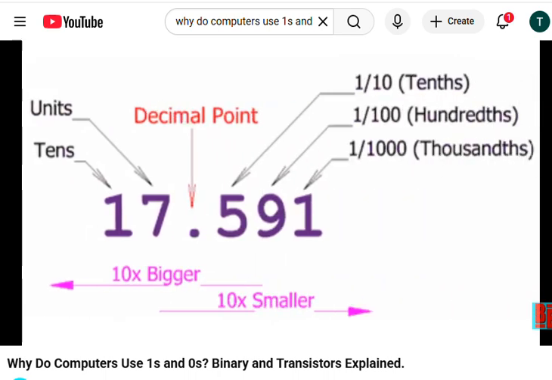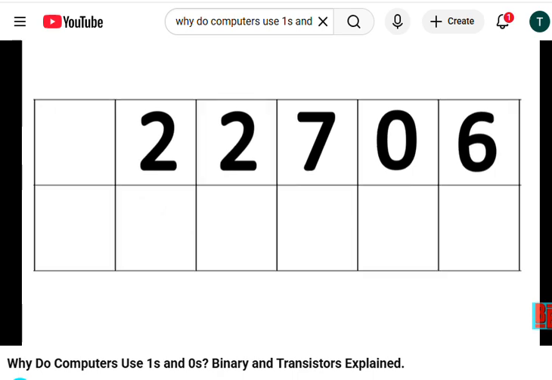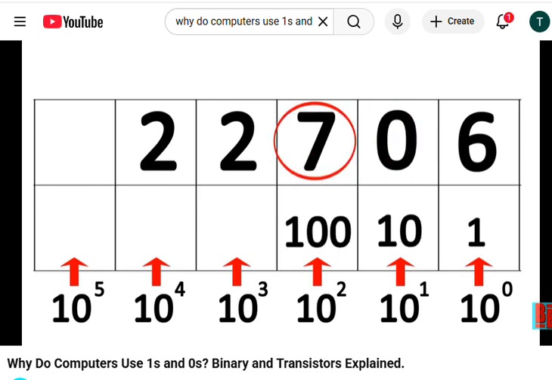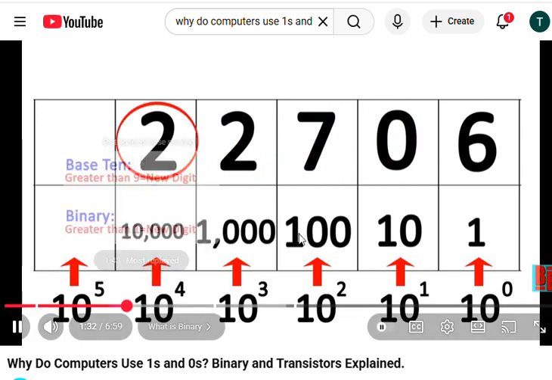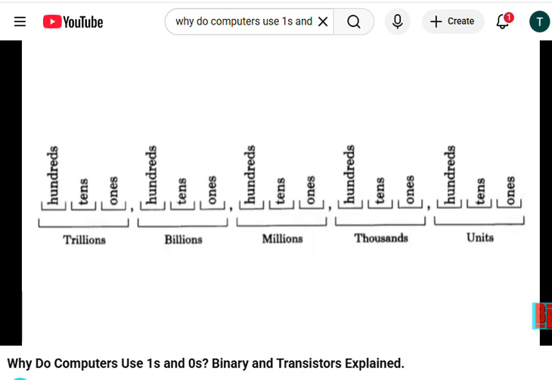This system is very efficient compared to tally marks because each digit we add exponentially increases the amount of things we can represent. Because in this system we add a new digit every 10 things, each digit represents an increasing power of 10. This is the number of 1's we have, the number of 10's, the number of hundreds, the number of thousands, and so on. Now this is probably something you already know, but it's very important to keep it in mind